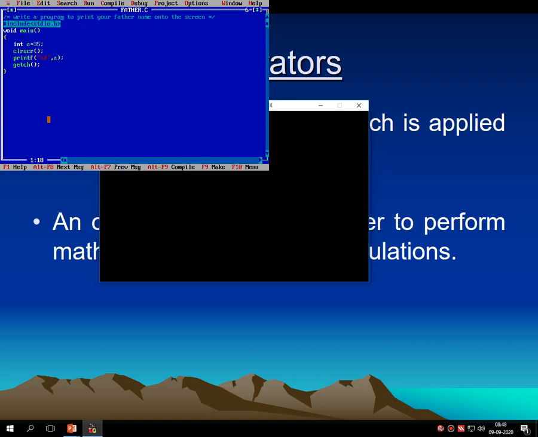The definition of this program comes like this: write a program to print your